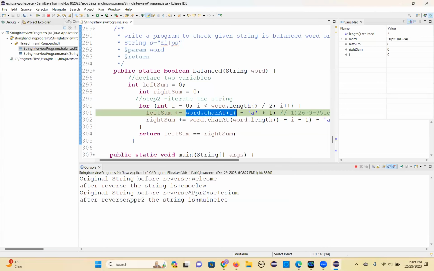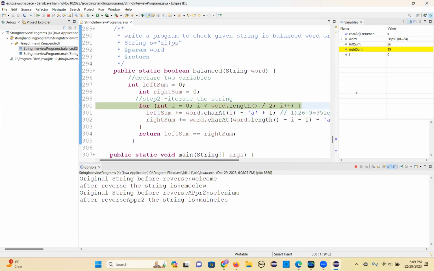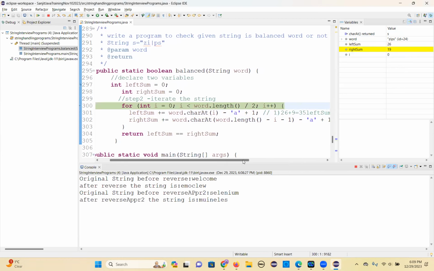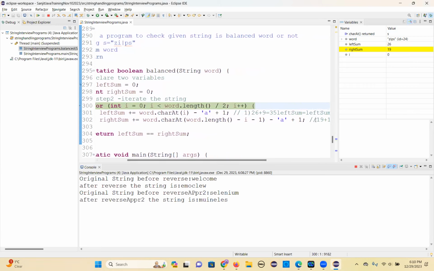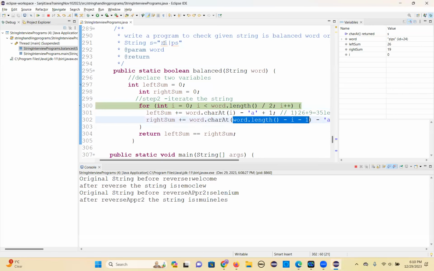And see, now you will get a left sum value. How much? 26. That's what we got, right? We also got the same. Now right sum, you also got 19. That's what we got initially. If you want this one, select it and press Control Shift I. See that, you got a 3 here. 3 means here 0, 1, 2, 3. So you got 3, right? The character at 3 means you will get a